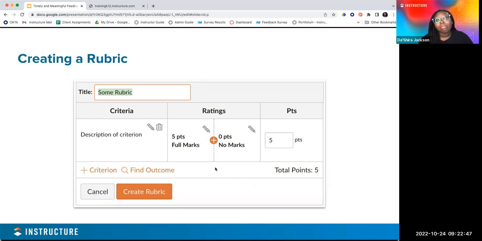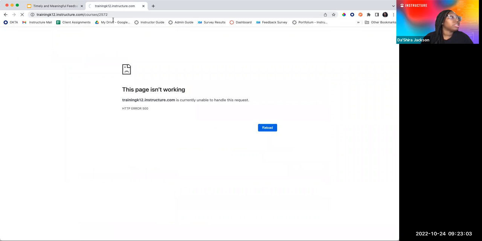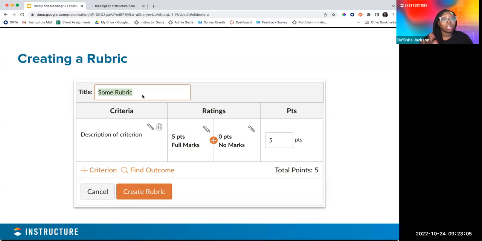The courses are being migrated, but I don't think the rubrics are going to come through. You will have to rebuild those. It depends on how the courses have been migrated. Some of your rubrics might already be there. The one way to check is inside of your course. Hang on one second. If you go into your course, click on rubrics and see if there's anything there. But there's not like an import tool to import rubrics in.